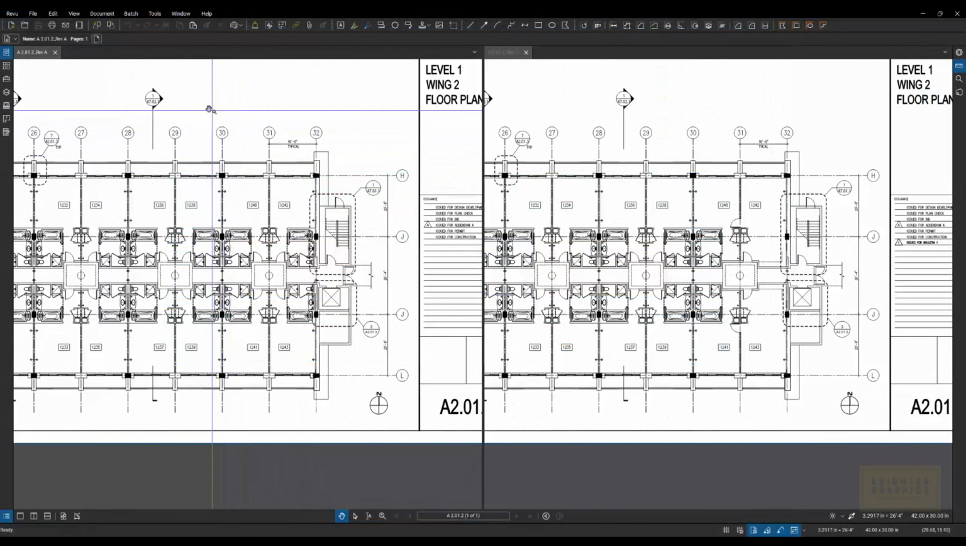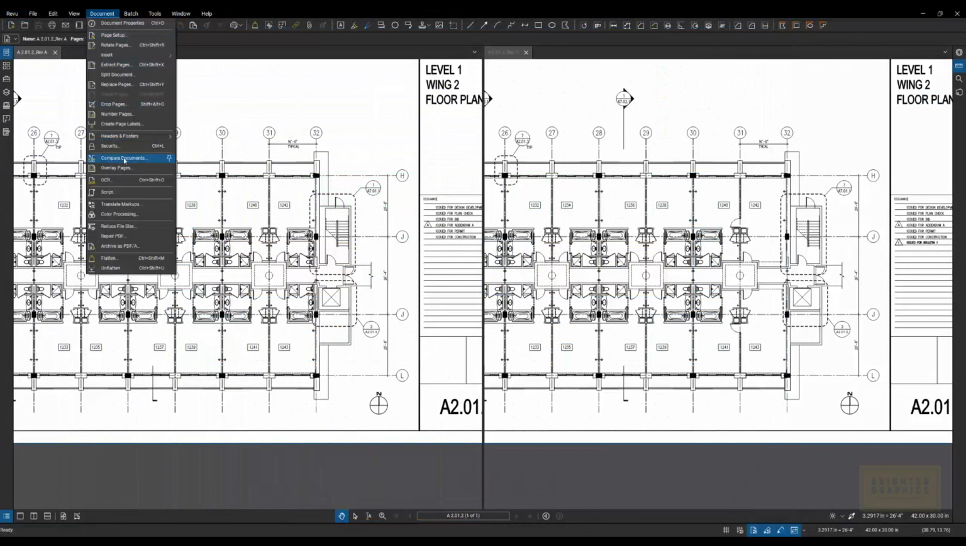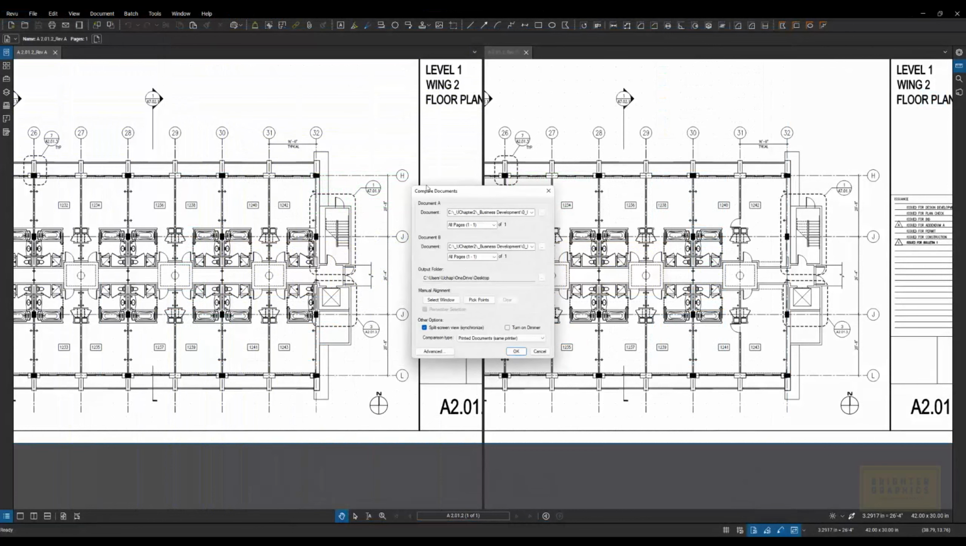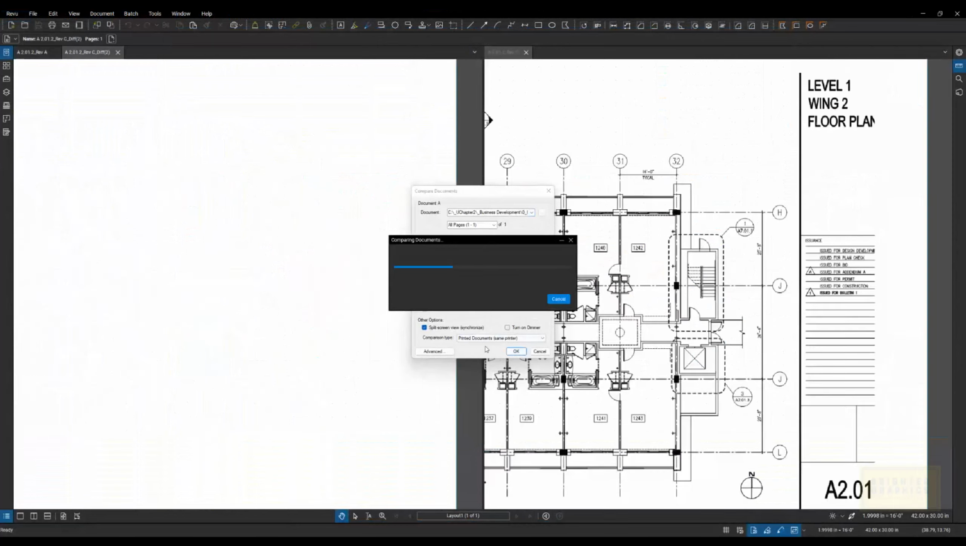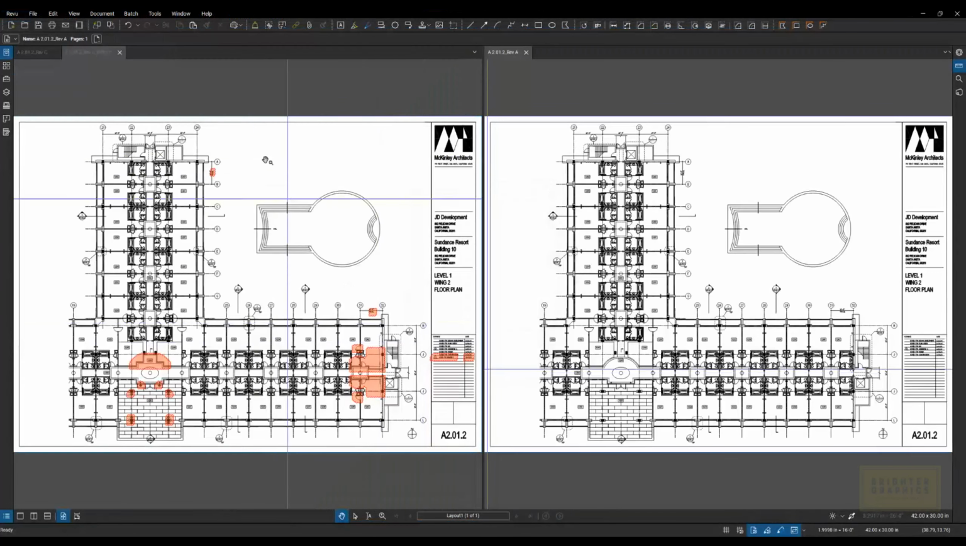One way that Bluebeam helps us find the differences from revision A to revision C is under Document. We can go to Compare Documents, and it's going to load the two drawings that I have open, and I'm going to say OK. It's going to look at these pixel by pixel and create a third document with a diff extension. I'm going to split my screen again